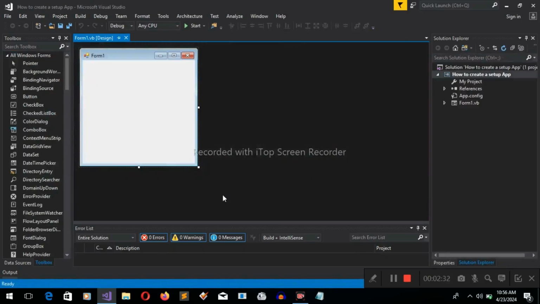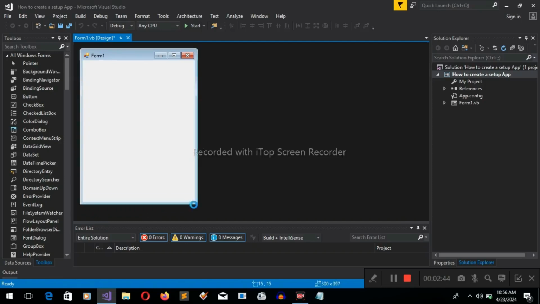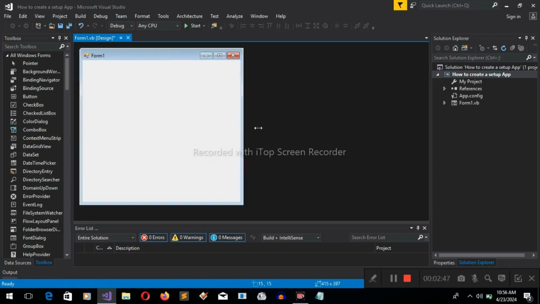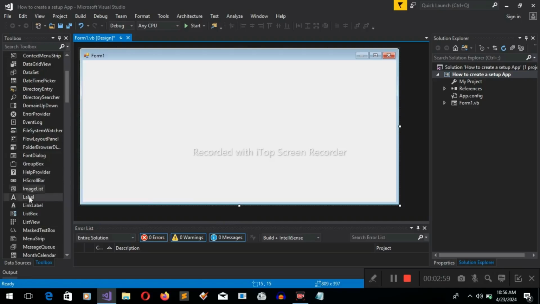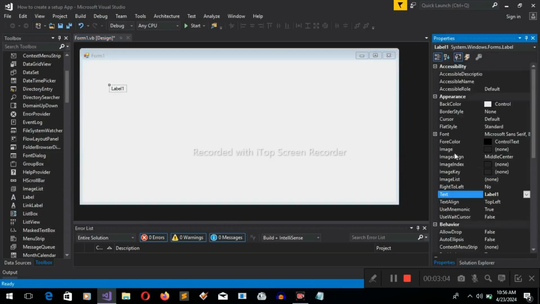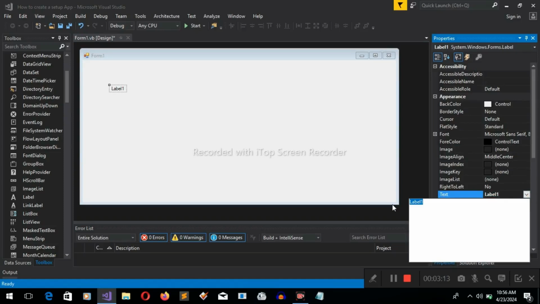Since this is more of creating a setup file, I will just customize this form a little bit. I will increase the size of this form, then add a label. Pick a label, drop a label, then head on to properties. Under properties, I'll change the text of this label to, let's say,